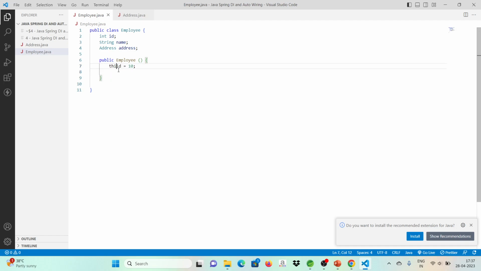We can also use this.ID if there are two references for the ID, a local variable and a global variable, but there is only one ID. So I am directly using ID equal to 10, and then name equal to my name,